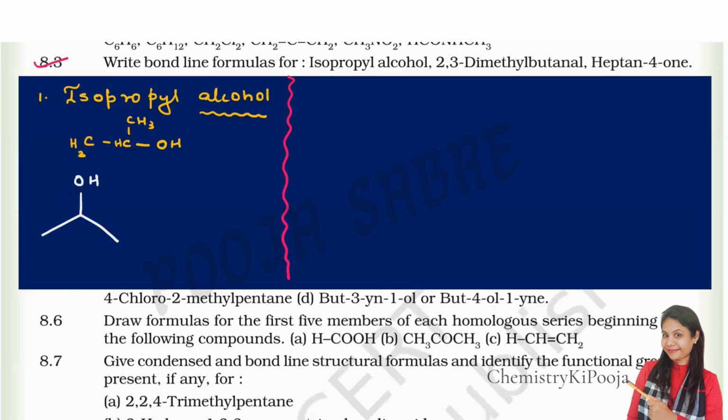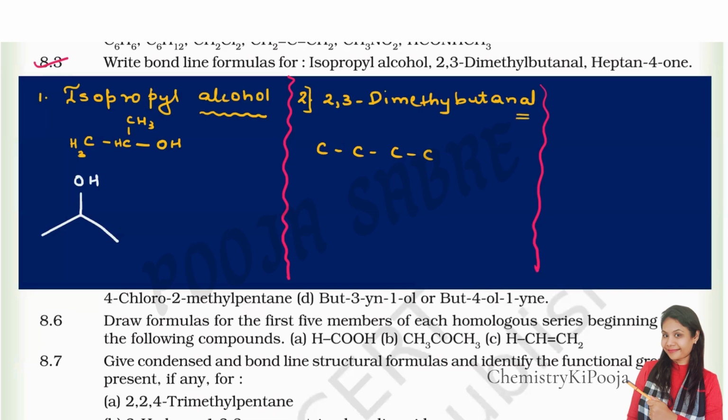So this is about the first structure. Then the second one is 2,3 dimethyl butanal. Same way, first we are going to write down the structural formula. Butanal is 1, 2, 3, and 4. And al stands for the CHO group, that is the aldehyde group. So this is C double bond O, H. And on the second position, because this is first, this is second, this is third, and fourth.